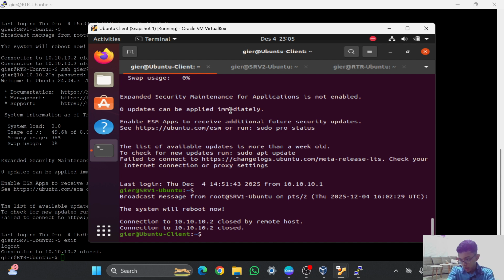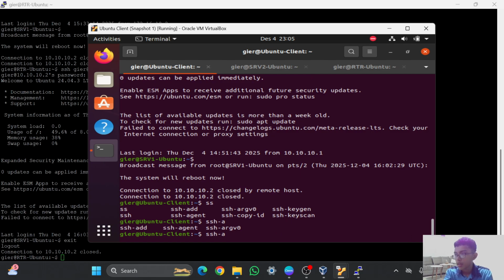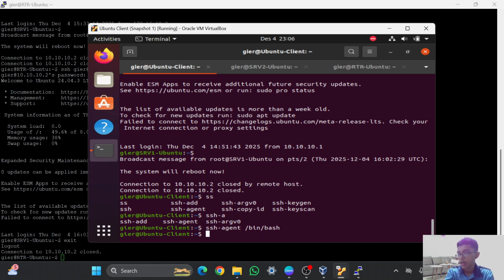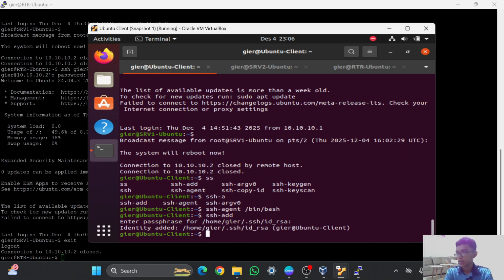We can just use ssh-agent, and then we can save it on /bin/bash and enter. And right now the agent has been created, and we can add the SSH key just like that. And for the passphrase, it is this one.